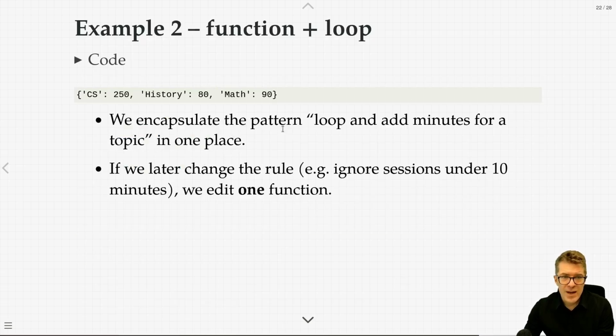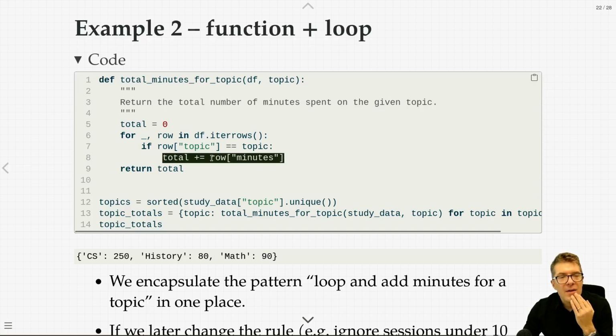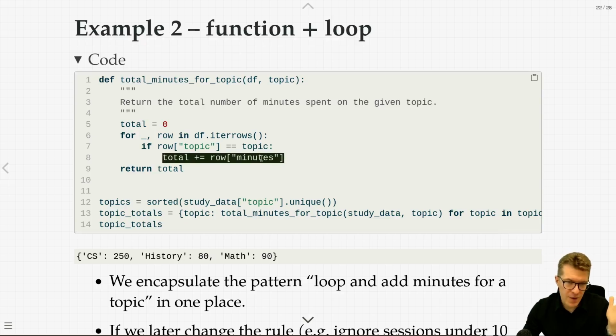So here we encapsulate this pattern, loop and add minutes for a topic, in one place. If we later want to change this rule, so if we later wanted to ignore sessions where we only study for 10 minutes or less, we can easily add that in a small place over here in this function. So as we're iterating over all of the rows for this particular topic and adding all the minutes studied, maybe I don't want to add the minutes for a session that only had 5 minutes of study,